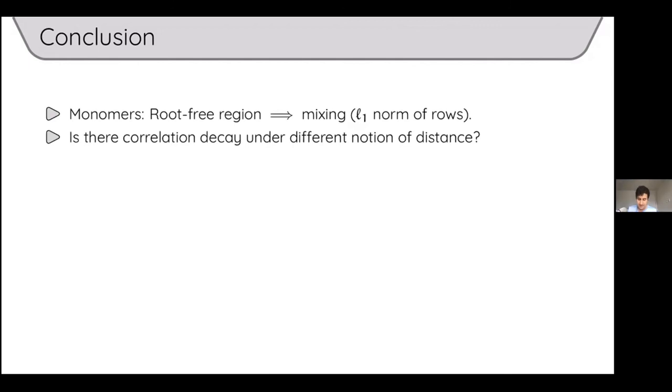So the question is, is our notion of distance perhaps wrong? Maybe you can come up with a different notion of distance rather than just regular graph distances, where in the path the two endpoints should be considered close to each other, not far apart from each other. So the question is, can you just change the notion of distance, and then maybe with that revised notion of distance you would have correlation decay?